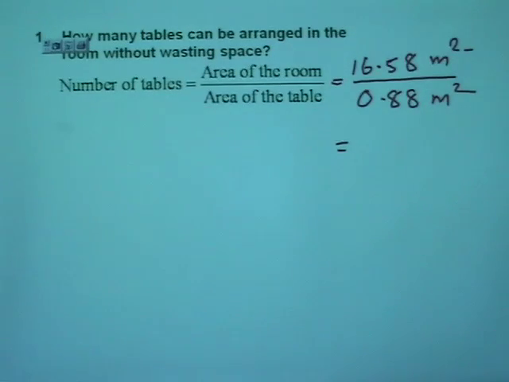So that will be 16.58 square meter divided by 0.88 square meter. I got it as 18.5. 18.5. Well,